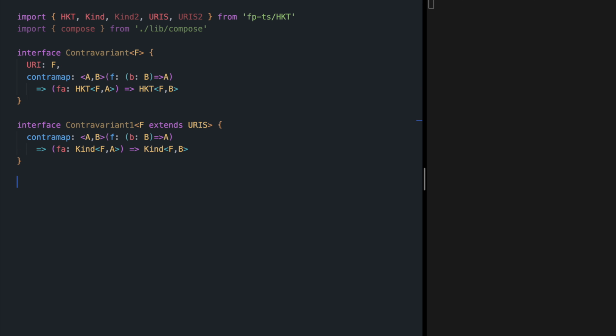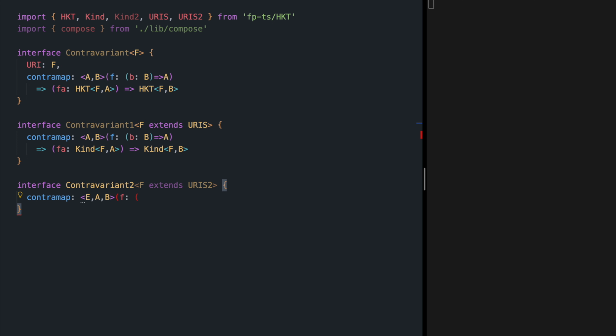For the sake of this video, let's do that for structures of kind 2 as well. Contravariant2, F extends URIS2, meaning structures that have two type parameters. Contramap, this time a generic function with three type parameters.